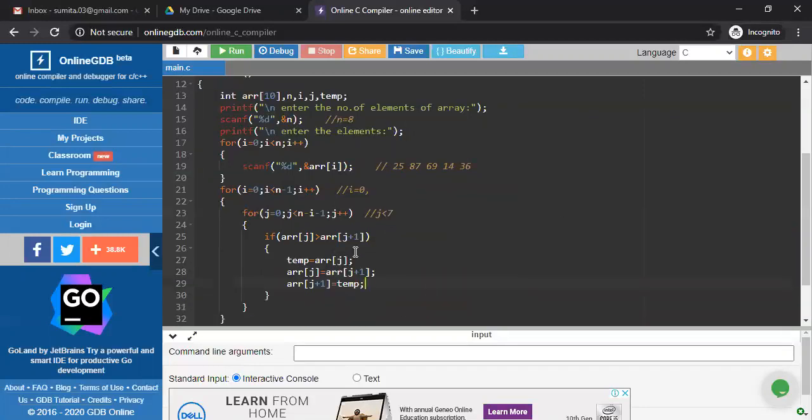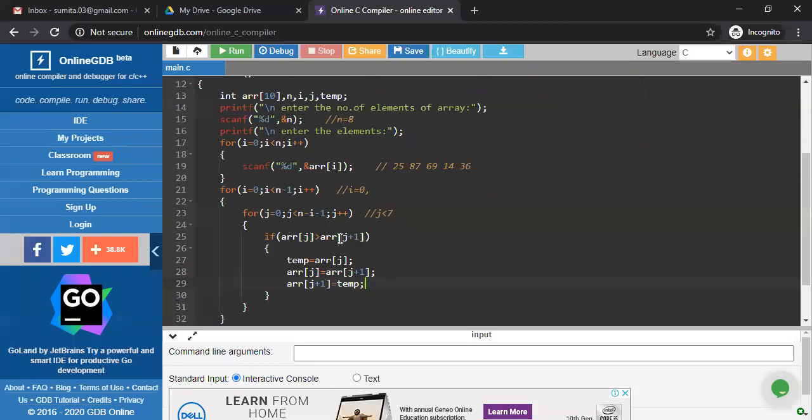So why am I writing this one? See, the first time my loop is executed, what is the meaning of that? It means that now I'm in pass number 1. So i is 0, meaning the first time my loop is executed, the pass number 1. Now, what is the j value? 0. And j, 0, is obviously less than 7. True condition. So it will enter into that part.